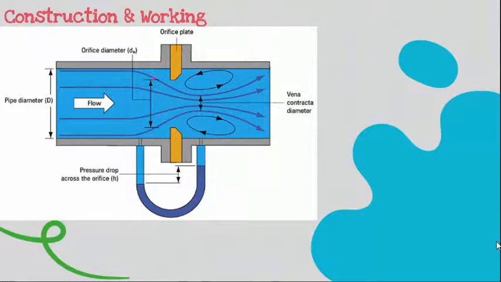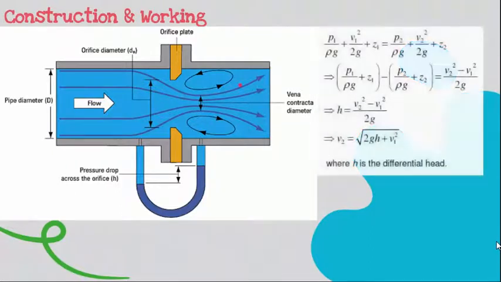Now, due to the difference in the diameter of the orifice plate, the flow from an upstream section where it is uniform adjusts itself in such a way that it contracts until the section downstream where the vena contracta exists is reached. After that, it expands to fill the passage of the pipe. Considering the fluid to be ideal and the downstream pressure tapping to be at the vena contracta, we can apply Bernoulli's theorem and obtain a differential head.